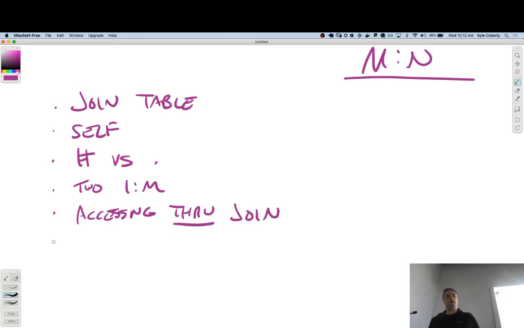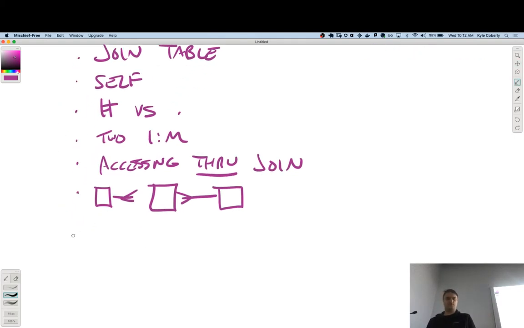I would add to what Todd said, I always look at it like an ERD. If you have two crow's feet on both sides, you have to have that join table. And that's like accessing it through the join, where it's the single side, the little line, and then the join, vice versa. Love it. What else? You should instantiate the join table last, so you should create the instance variables for the other classes, the many classes, first. Love it. What else? Anything else we can add to this?